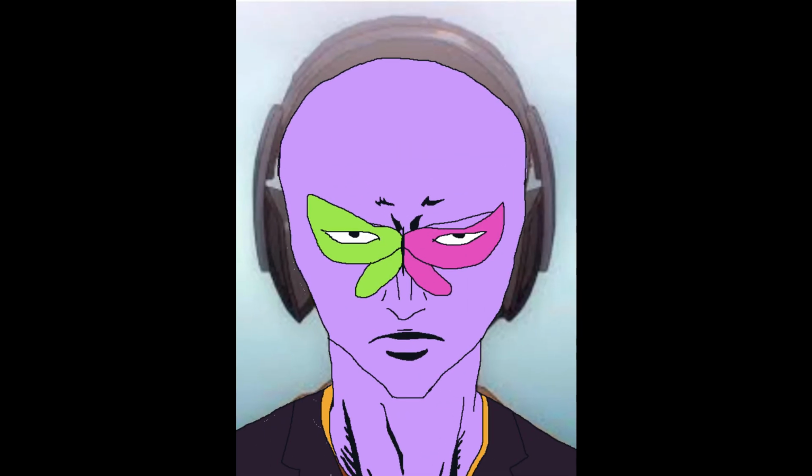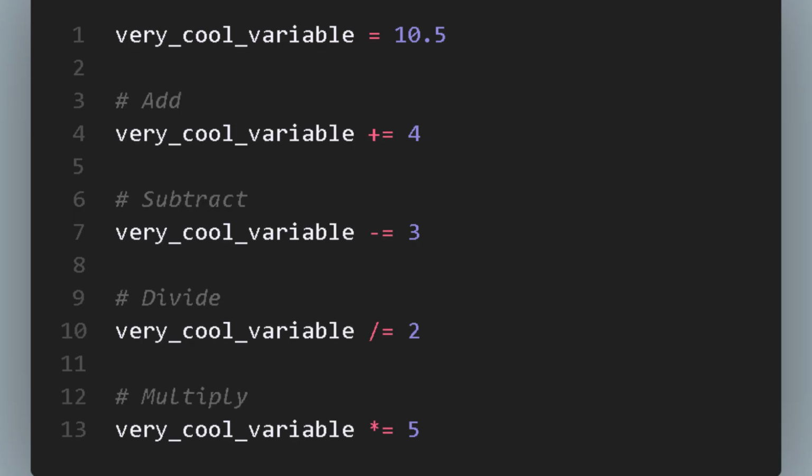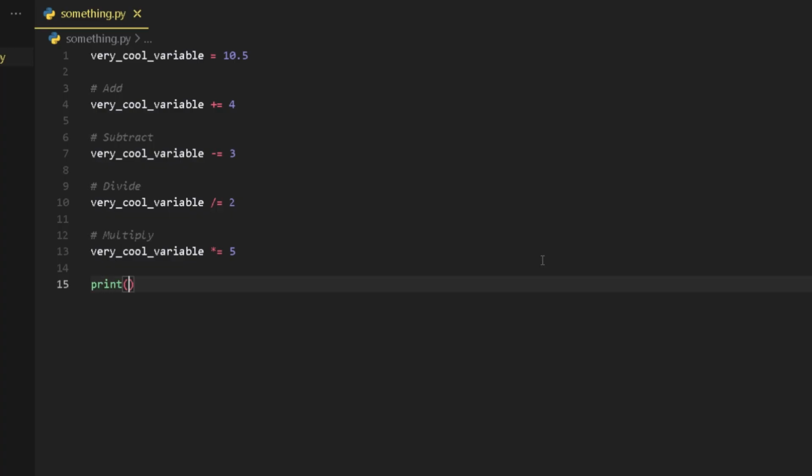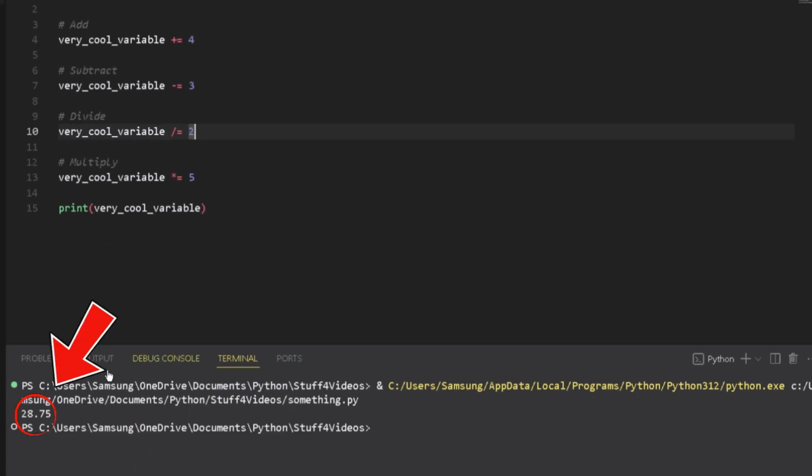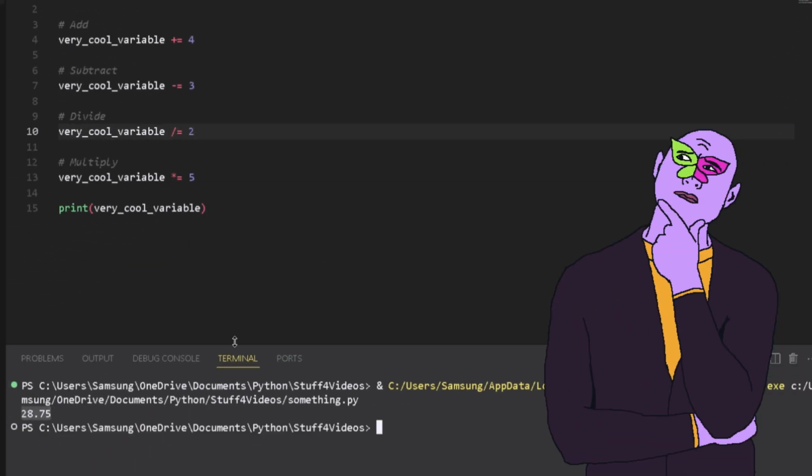Let's put this into practice. You can add, subtract, divide, or multiply the variable by a number like this. Then to visualize it, type print, followed by parentheses, and put your variable inside them. Click to start the program, and it should show your variable's value in this ominous black box down here. If for some reason it doesn't appear to you,